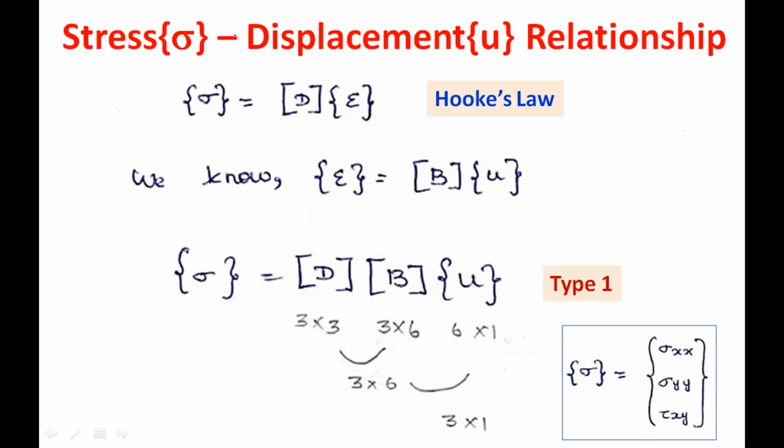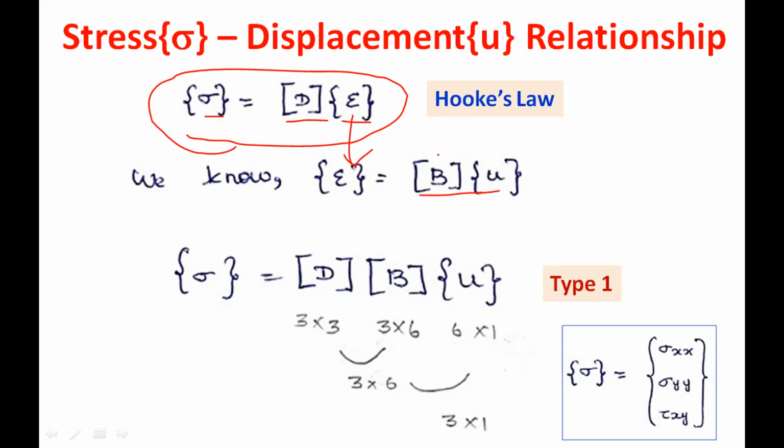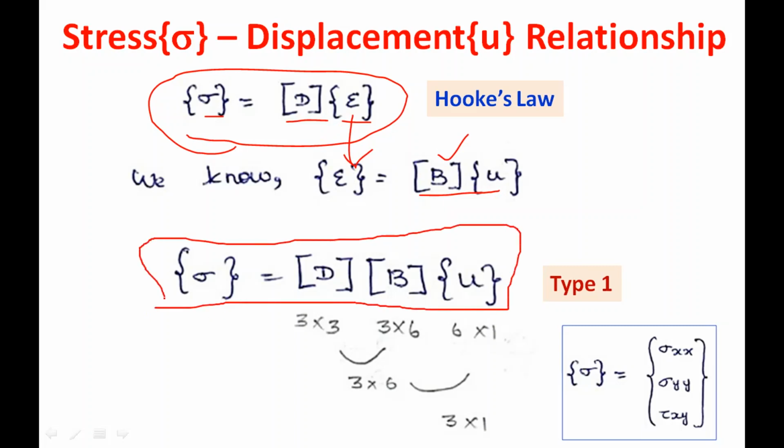We have discussed three types of problems in the earlier part. The first one is the stress strain relationship in two dimensions. The stress matrix is equal to the product of D and the epsilon strain matrix, where D is the constitutive matrix. The epsilon is nothing but the product of B and U, where B is called the gradient matrix. So finally we will get this expression: sigma is equal to the product of the constitutive matrix and the gradient matrix. Then we have to multiply by the displacement matrix. So this is the type 1 problem.